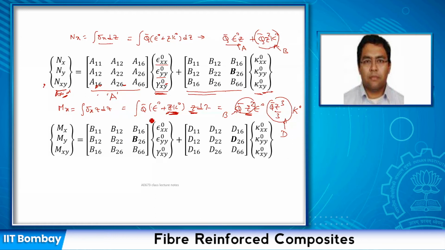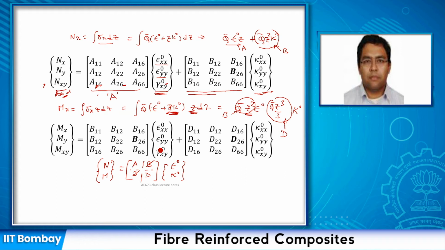Then what you will notice is that, for example, if for a matrix the B matrix is 0, okay, so let us say n and m. So this is B, isn't it? And this is D, and I will put here epsilon zeros and curvatures. I'm not going to write everything. I hope you understand that. So A, B, B, D. Okay. Now let's imagine this B is gone. What does it mean? Just looking at the equations, you can say something.